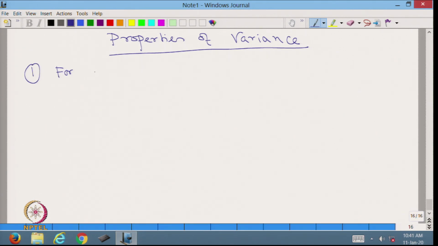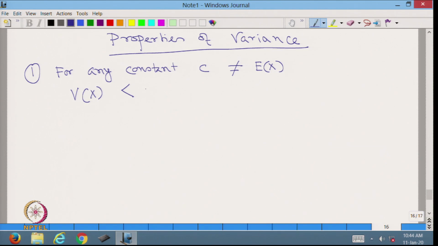For any constant C not equal to expected value of x, variance of x is less than expected value of x minus c whole square. This is very simple, since